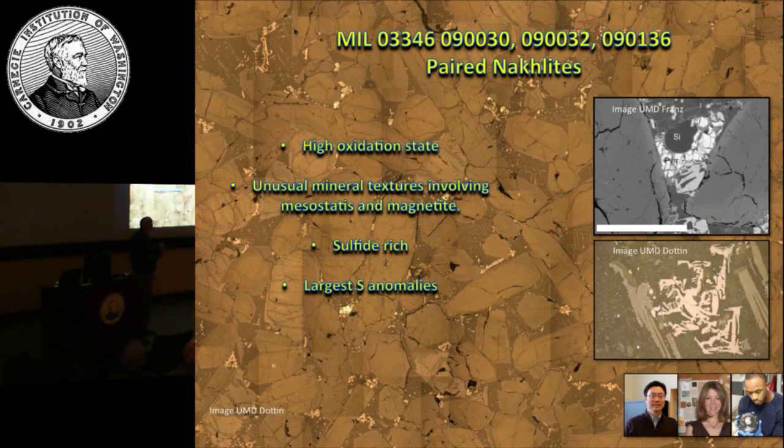And this is one of the MIL pairs. Now, paired meteorites are meteorites that are thought to come from the same meteoroid and broken up on the entrance as they came down towards Earth. These were all collected in the Miller Range in Antarctica off the ice, and this 03 was collected in 03. These were collected in 09. They all share some interesting and unique characteristics, and one is that they are cumulates with relatively large pyroxene grains. There are very few olivines, and then they have this skeletal magnetite that is distributed throughout, and this is one of the skeletal magnetites.